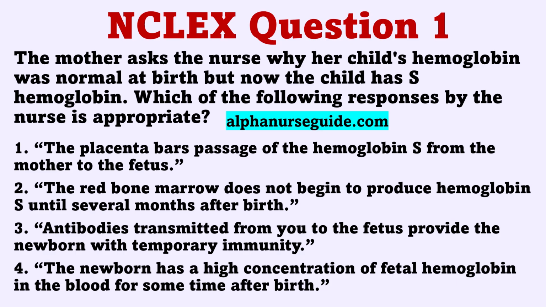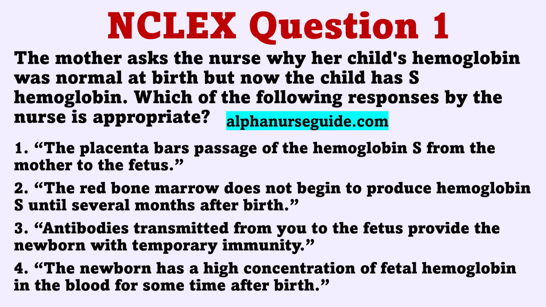The correct answer is 4. Sickle cell disease is an inherited disease that is present at birth. However, 60% to 80% of a newborn's hemoglobin is fetal hemoglobin, which has a structure different from that of hemoglobin S or hemoglobin A. Sickle cell symptoms usually occur about 4 months after birth, when hemoglobin S begins to replace the fetal hemoglobin. The gene for sickle cell disease is transmitted at the time of conception, not passed to the